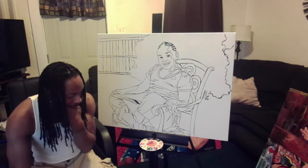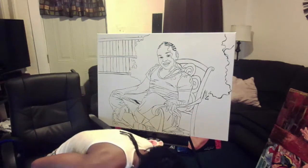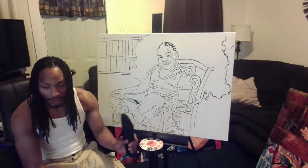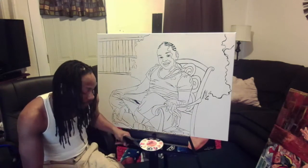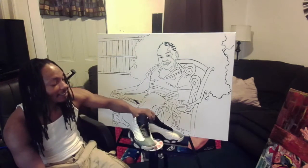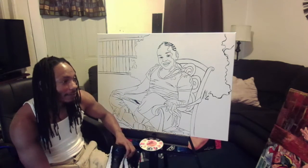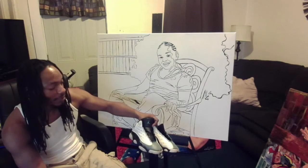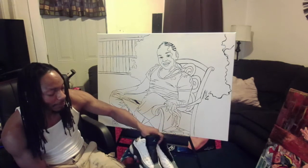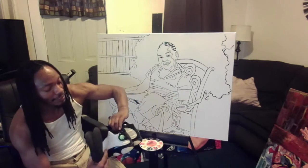All right, so for these sneakers, I'm pretty sure I do have the black laces that came out of them. But while I'm picking up new insoles, I may look for new black laces. Like I said, I might try to find red laces. Or I have red flat laces. I'm gonna get some red round laces. But I'm just gonna do red, black, and green, and then put like the black power fist on the side. Or maybe I could draw a face here and a face here, like